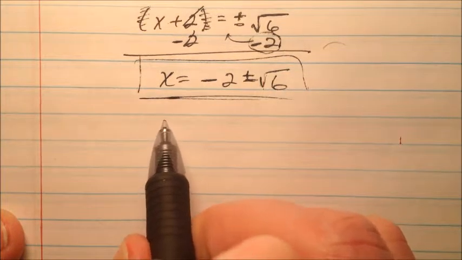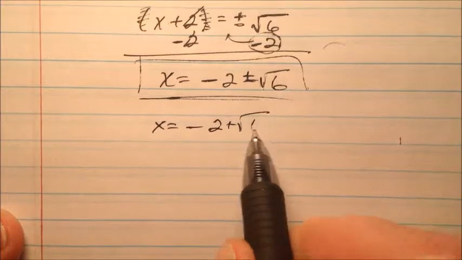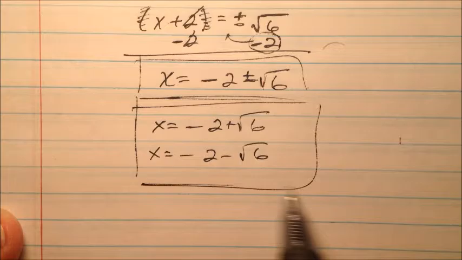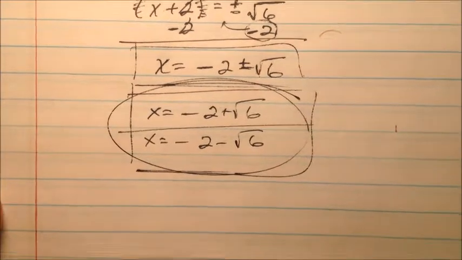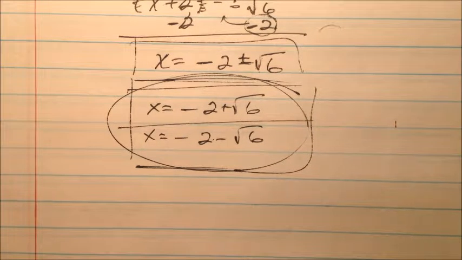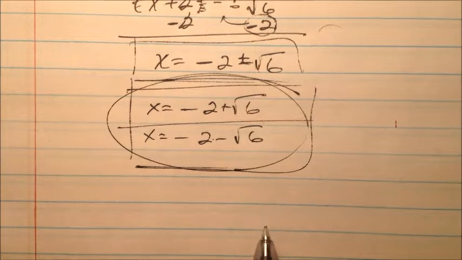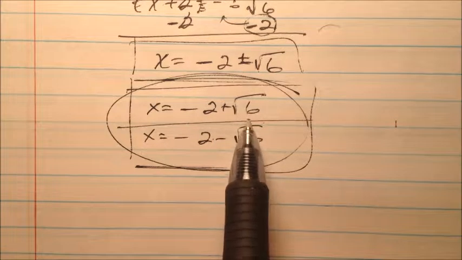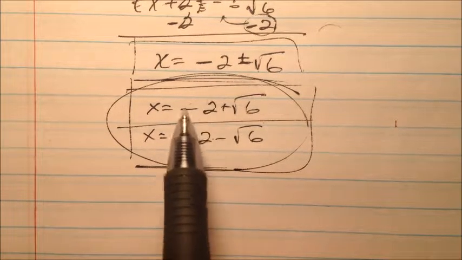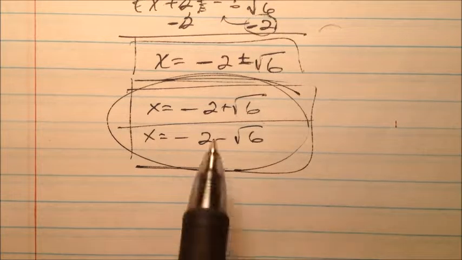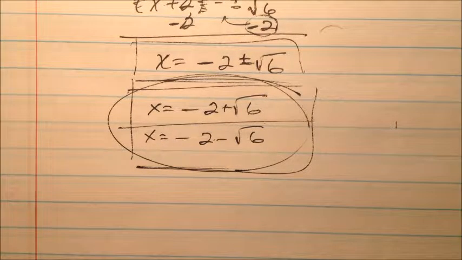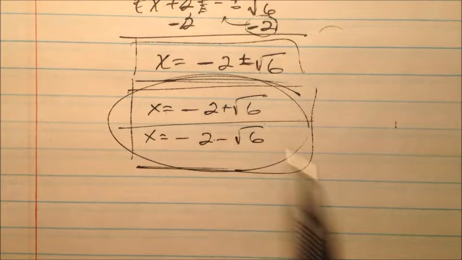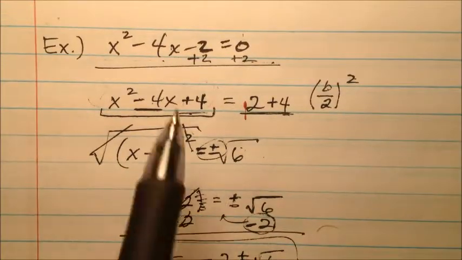But if they want you to break it up, it'll be x equals negative 2 plus radical 6, and x equals negative 2 minus radical 6. And this would be a better idea of the two answers that you're looking for. One has a plus, one has a minus. But again, radical 6 can't be simplified at all. It is what it is, and it's going to be an irrational number. So we have the rational part, the negative 2, and we have an irrational part. So we can't really put these together any more than what they are already. So x equals negative 2 plus radical 6, and x equals negative 2 minus radical 6 for the solutions of